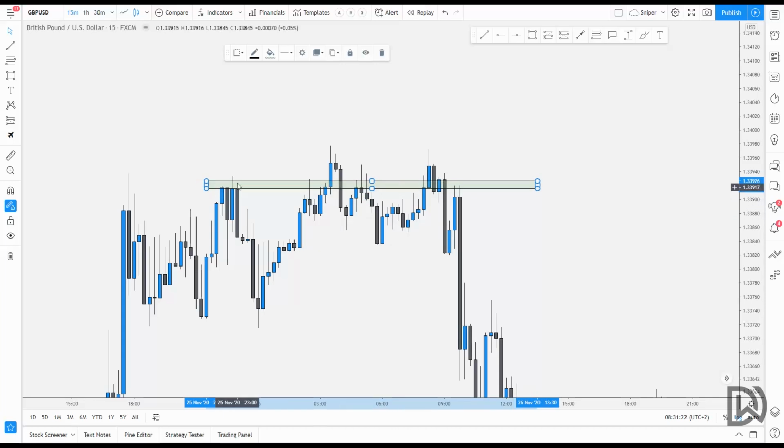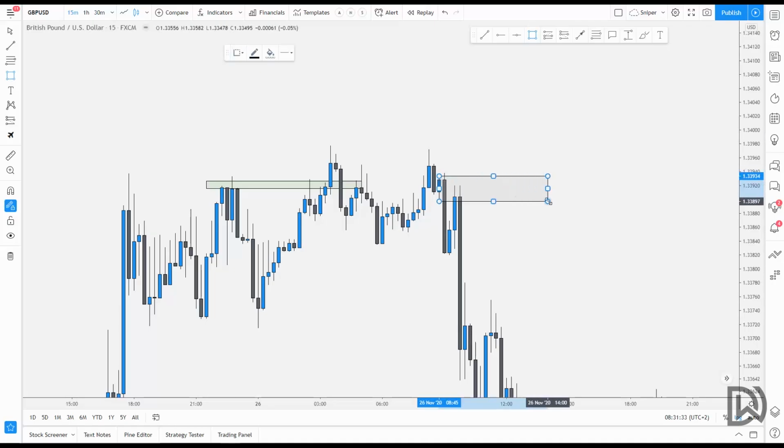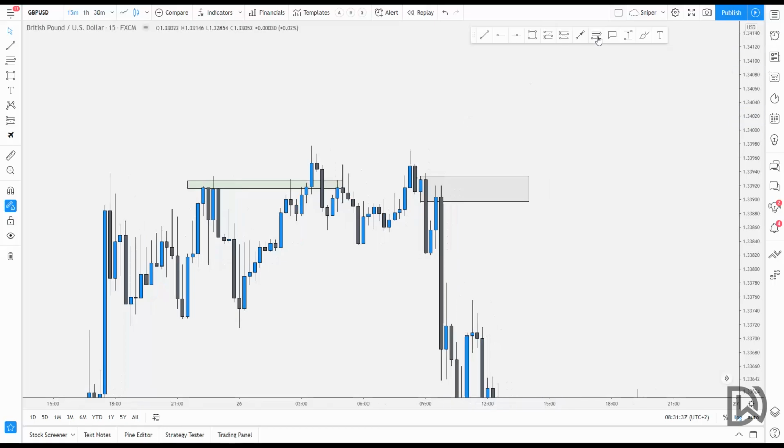We have this one as well, but we have this one from the top, price coming back into it. But again, we also have an order block. So we have this order block over here, and we can see price breaking that candle, breaking that range. We have the up candle, and then we have this down candle, and then we have the structure, price breaking the structure. So you can also do a line like this and see, okay, price broke the structure,